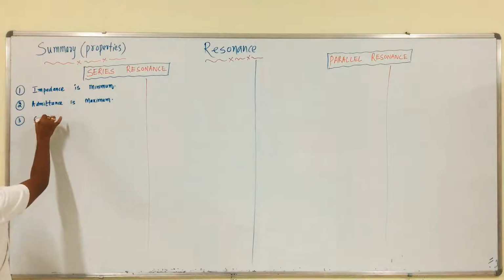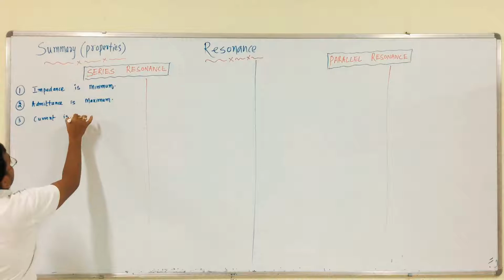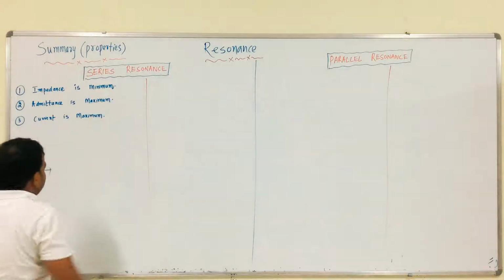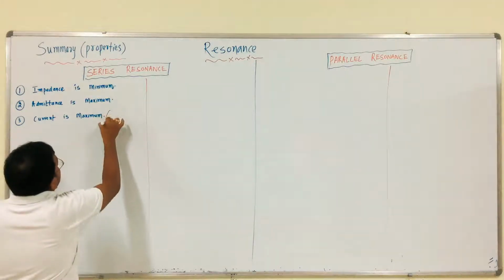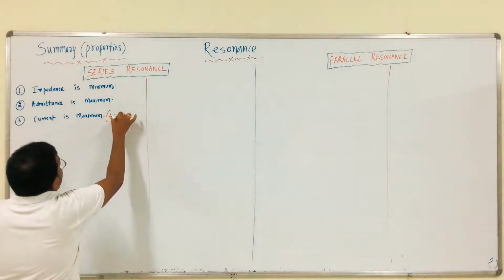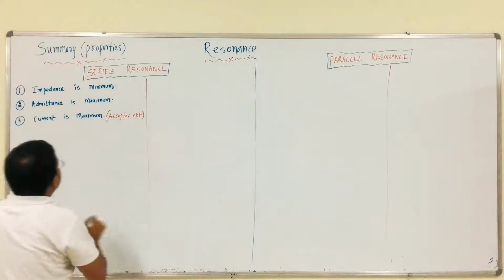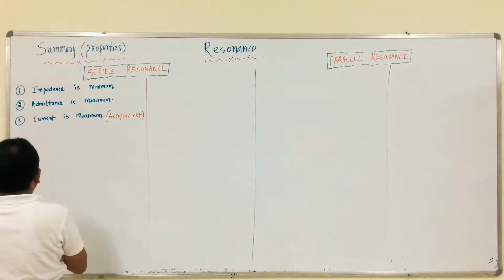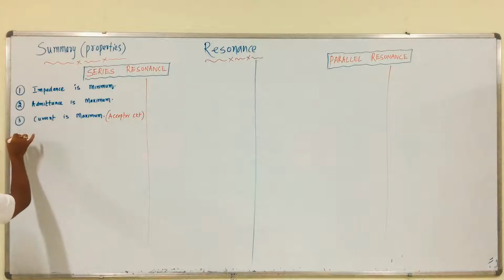Current in the series RLC circuit. Impedance is minimum, therefore current is maximum. Therefore, this circuit can be called an acceptor circuit. Why is it called an acceptor circuit? The current is maximum. So, impedance, admittance, current, then